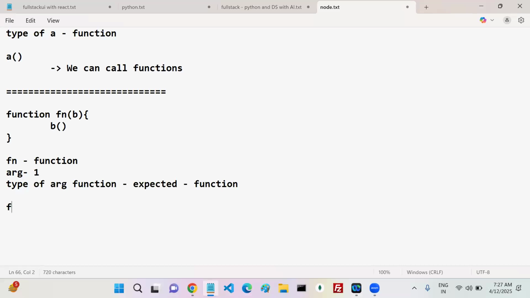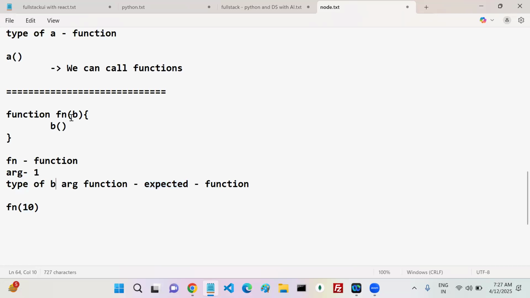Now I'm calling fn of 10. My type of argument is a function, but you passed what? An integer, a number.